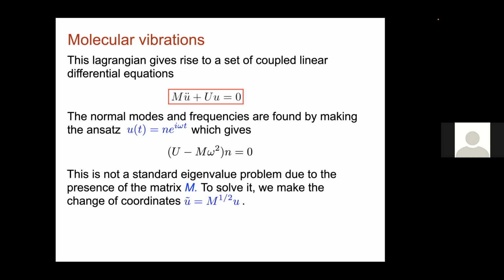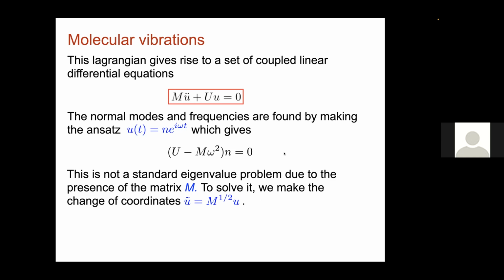But this is very well known how to avoid this problem. Basically, we make a change of variables. I take a new displacement vector, which I find by multiplying the original displacement vector by the square root of the mass matrix. How do you take the square root of a matrix? Well, you diagonalize it and you take the square root of the eigenvalues. Okay, so since this is already diagonal, it's trivial. That's the reason that when you learn about phonons and things like that, you always find this square root of the masses everywhere. This is just to convert this thing into a standard